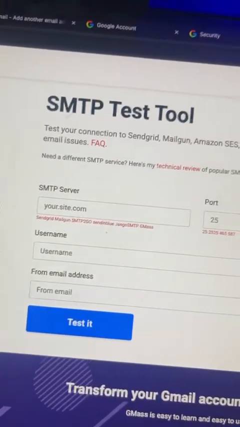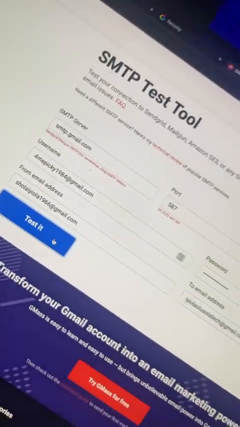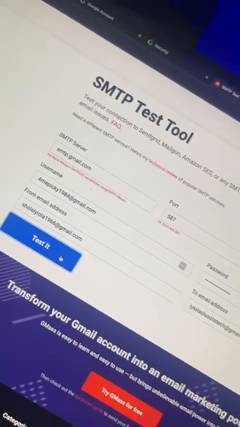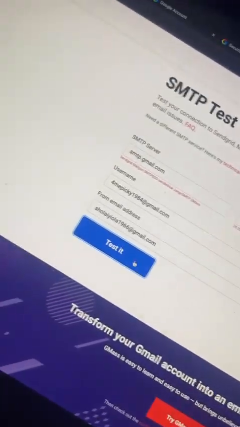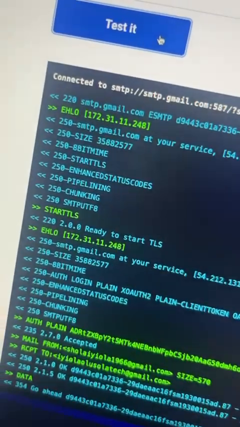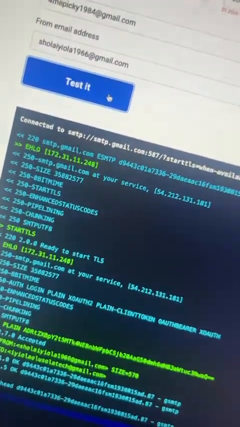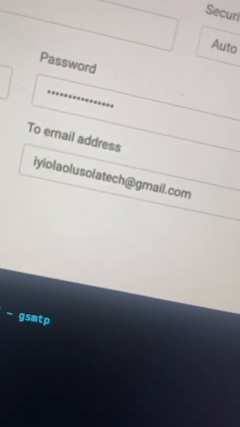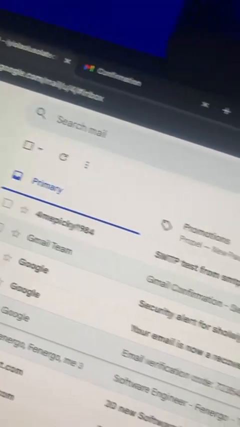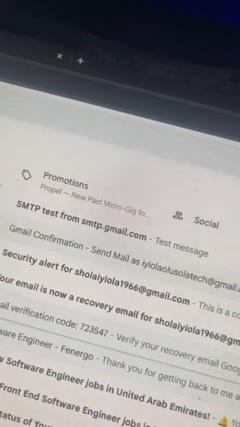Let me do the test now. So if it goes through, that means our SMTP is good to go. As you can see, it's already connected. So let's go and check our inbox now. Let's see if we get a message inside this email address. Did you see? Yeah,